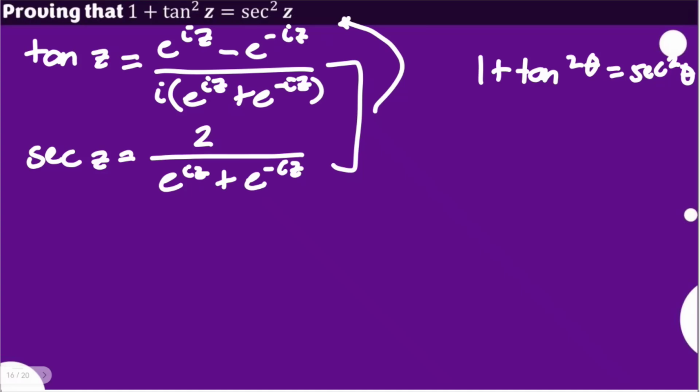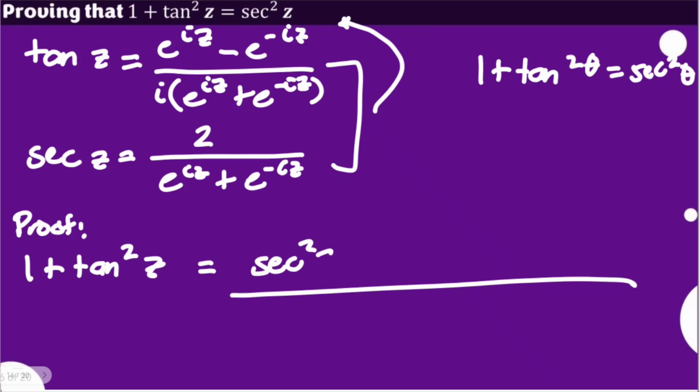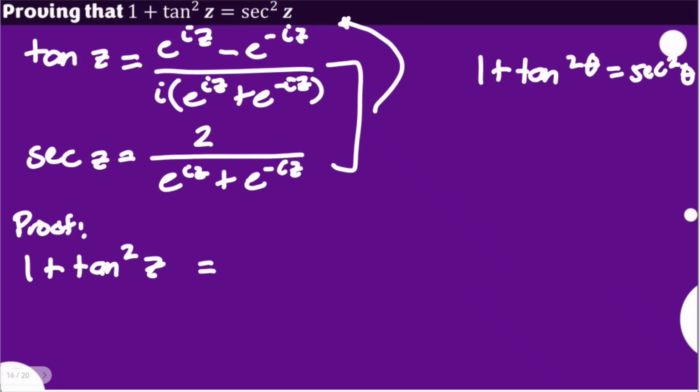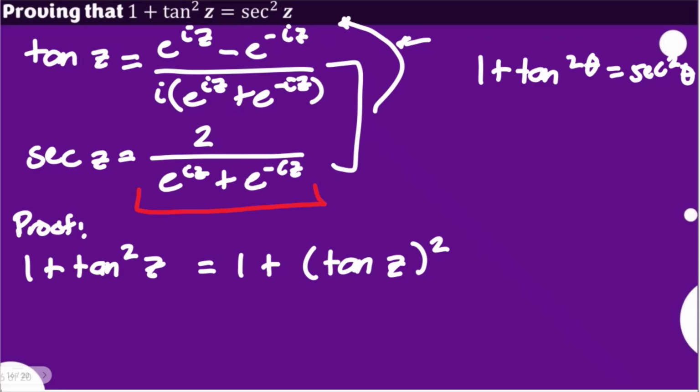So hopefully, when we start with our left hand side, that's 1 plus the square of tangent z, whatever will be the result here would yield the square of secant z. Okay, so for that, let's first write it in this manner. Of course, it's 1 plus the square of tangent z, so that we can use the given identity for that. And hopefully, we could reach this point so that we can express it as the square of secant z.